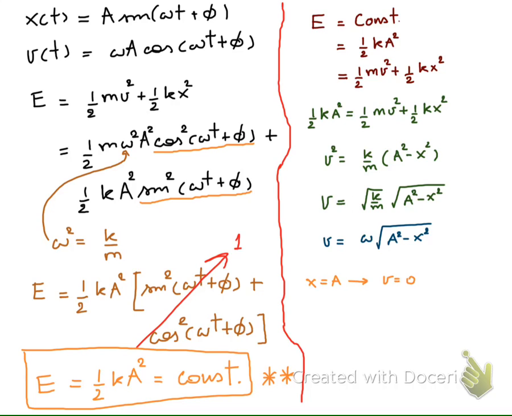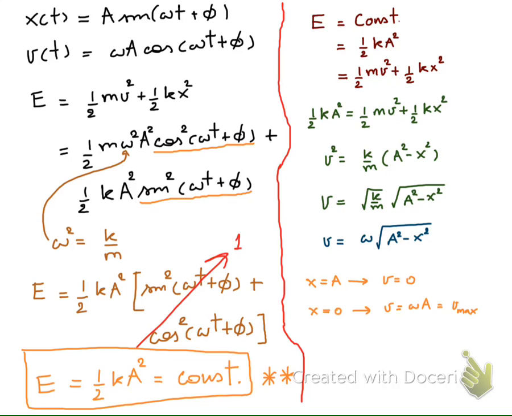And when x is equal to 0, v is equal to omega a, which is the maximum value of